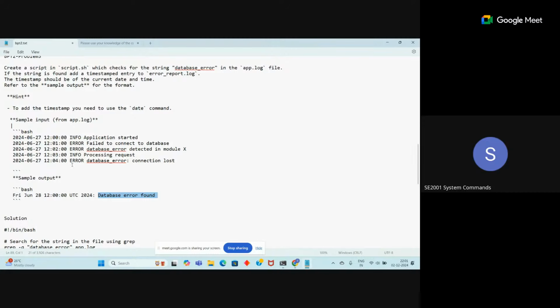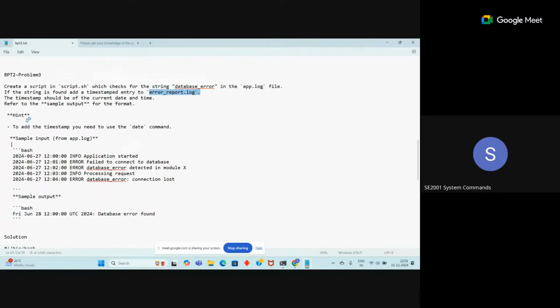Okay. So we need to get this message if your database error string matches with your input file, app.log contains this word. Then you should display this, and this output you need to write to this error report.log file. Okay. So the answer is